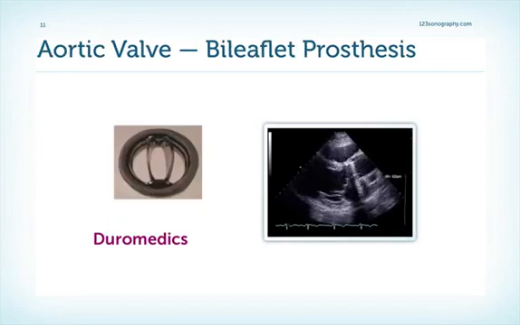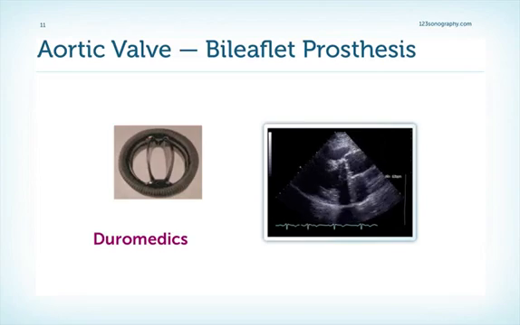left atrium. Now let's turn to prosthetic valves in the aortic position. In general, it's quite easy to differentiate between biological and mechanical valves. But it's very difficult to say which mechanical valve we actually have. This is an example of a Duromedics, so a bileaflet mechanical valve in the aortic position as seen from a